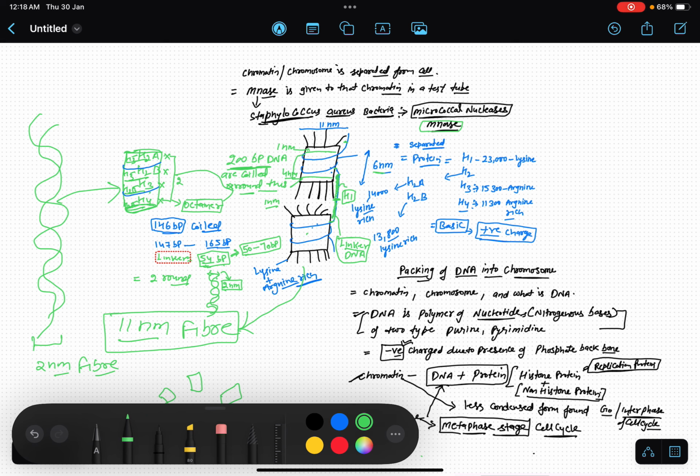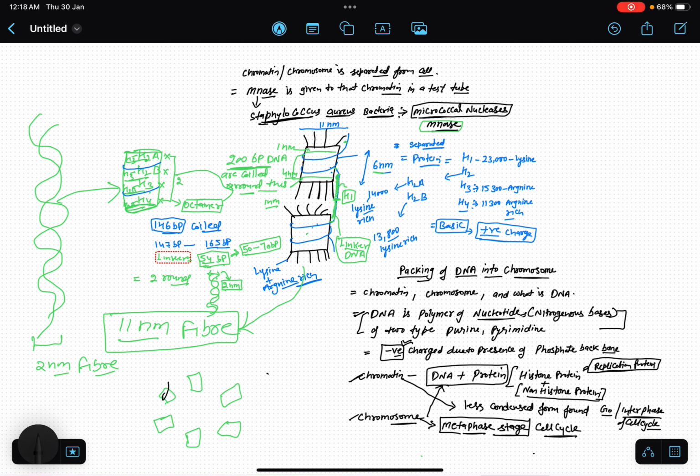And if we see the coiling of DNA on this, like this, and this, in this way when its coiling is done, it produces a 30 nanometer fiber. It requires other proteins for producing this, which are known as the non-histone proteins, which coil this